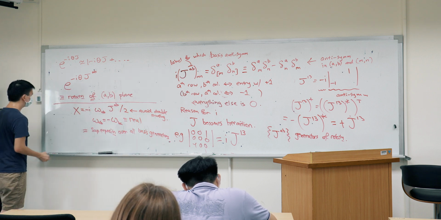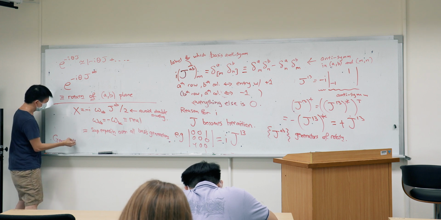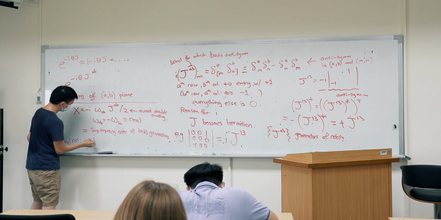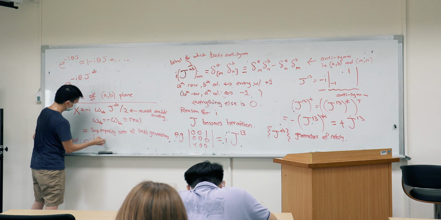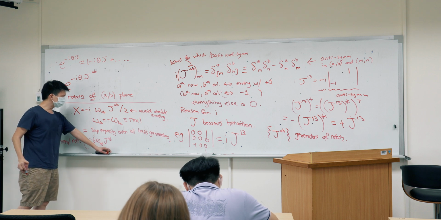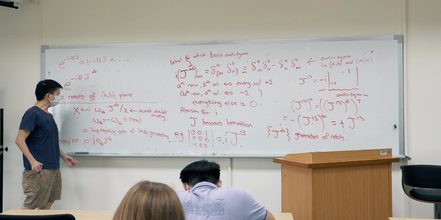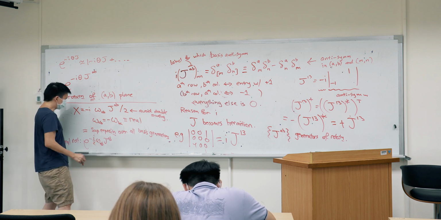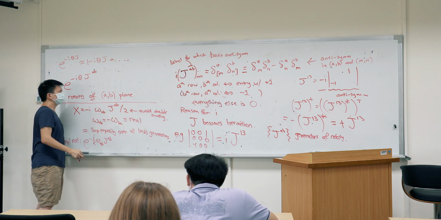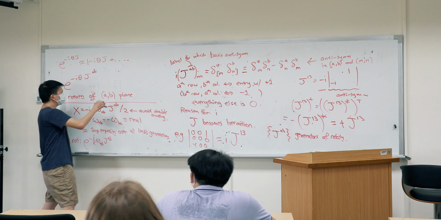And now I can say that the general rotation is therefore e to the minus i over 2 omega AB JAB. So the final remark I want to make about my index notation, actually two final remarks before I talk about the Lie algebra, is the following: whenever I have a repeated index, remember AB refers to the coordinates that I have in my space. So AB will run over